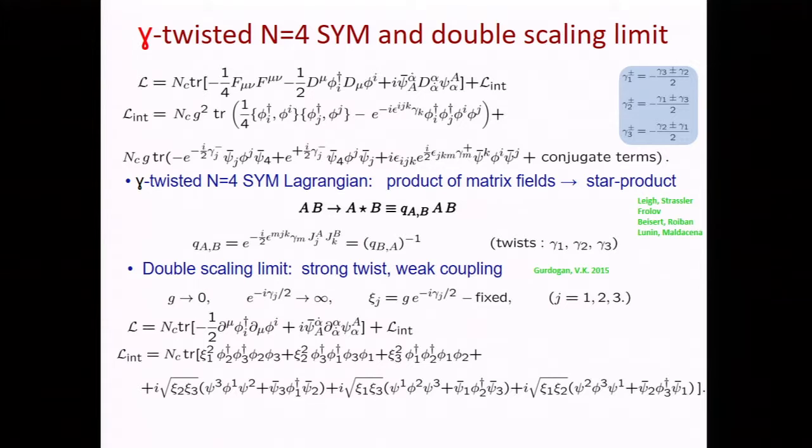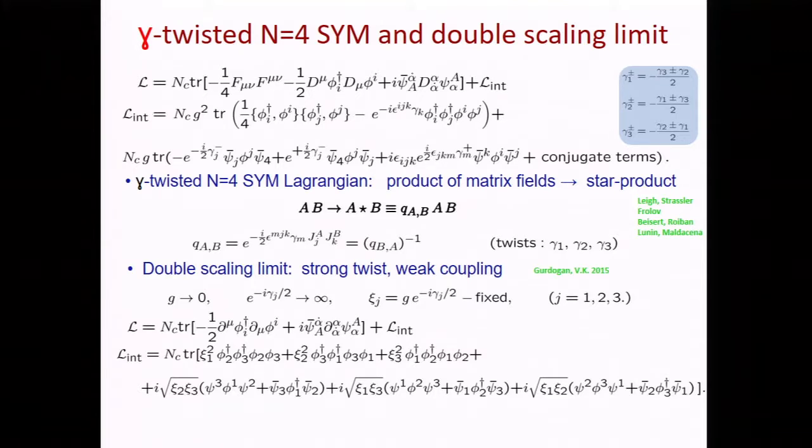And you can notice that, of course, since gamma is taken imaginary, the theory is not unitary. If you take some term, its Hermitian conjugate is absent here. It's a very specific theory, but